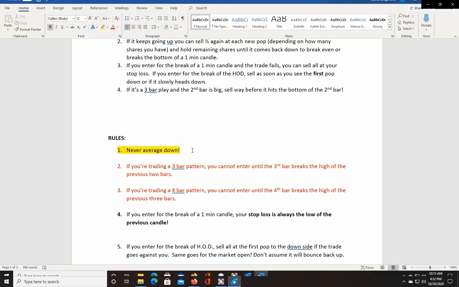Can it work sometimes? Yeah, it can. But like I said, it basically worked 9 times for me, and then the 10th time it worked so badly against me that it wiped out all those 9 times. So you might have to learn the hard way, or you could just take it from me not to do it. So I highlighted that because if you watch the video that I uploaded today, I averaged down once,